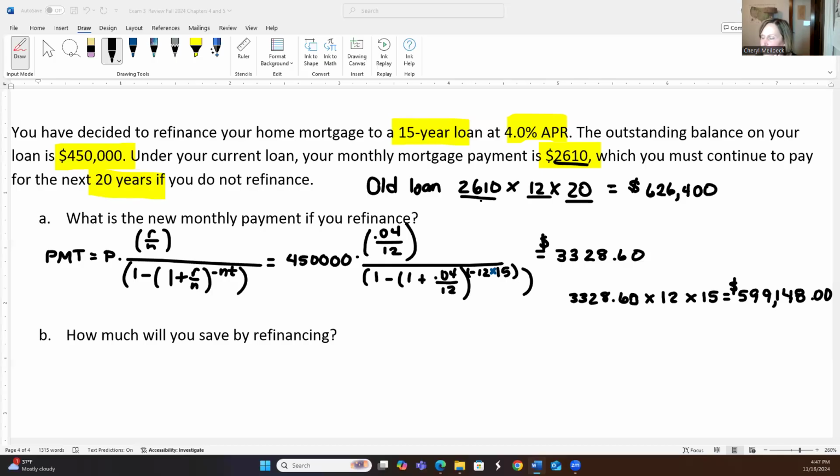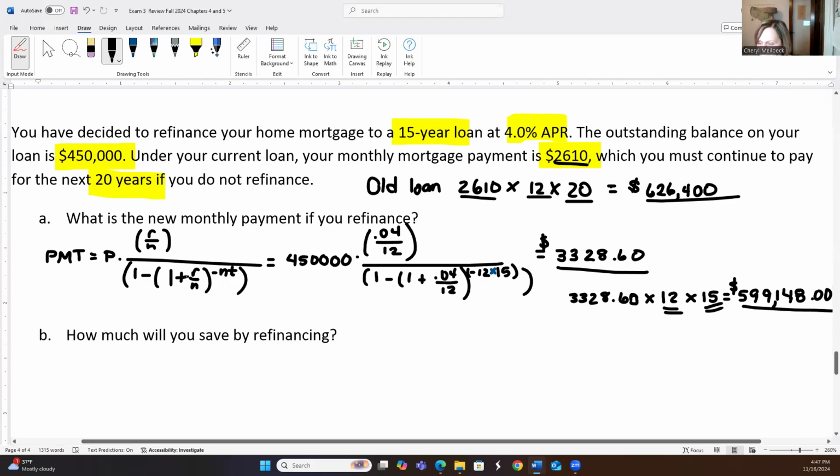So here, when we multiply 2610, our current payment, times 12 payments times 20 more years, we got $626,400. When we look at our new potential payment of $3328.60, and that's going to be for 15 years, so 12 months and 15 years, we get